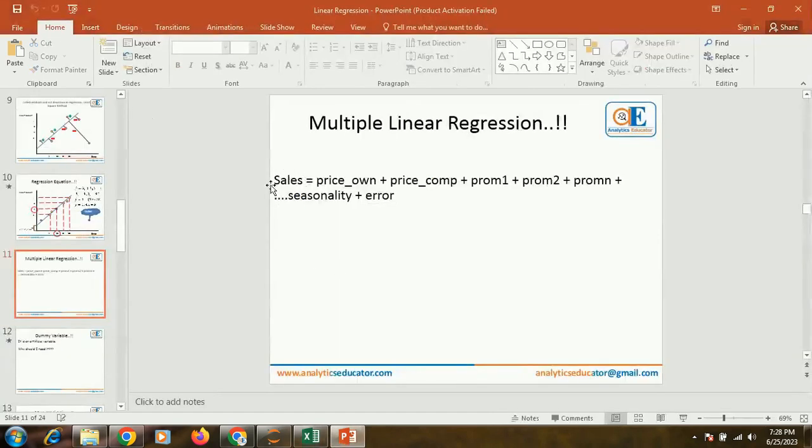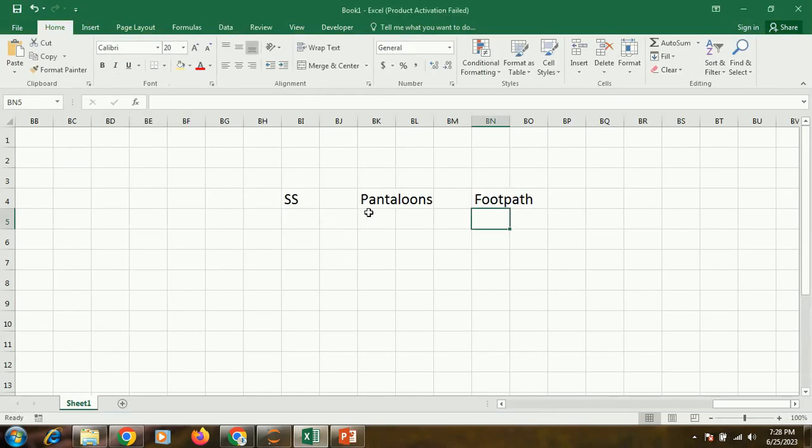So my sales can be influenced not only by my own price but also by my competitor's price as well. So I need to take care about my competitors as well. So you will find whenever Pantaloons gives a discount, Shopper Stop invariably will give a discount. Otherwise their sales will be snatched away by Pantaloons, and vice versa. When Shopper Stop gives a discount, Pantaloons will also have to give a discount. No way out. Okay?